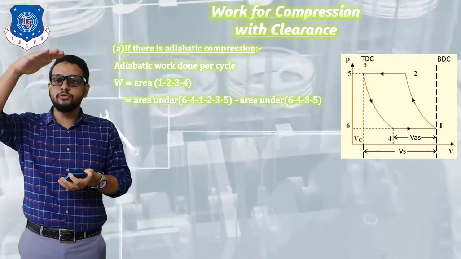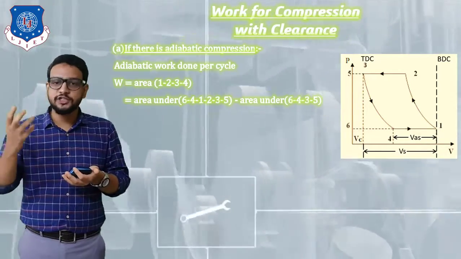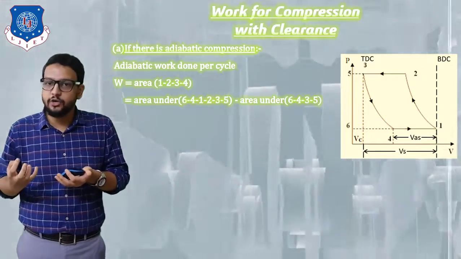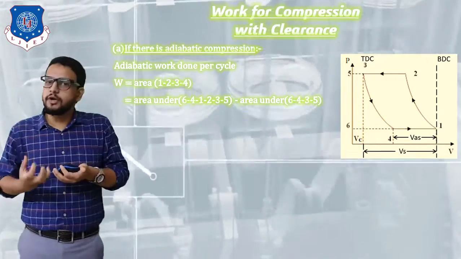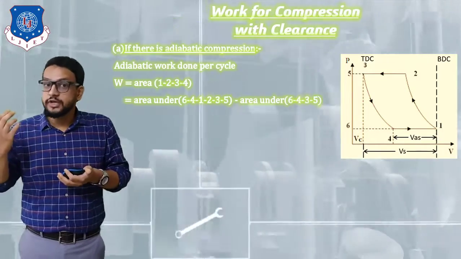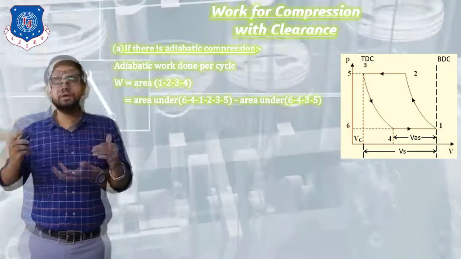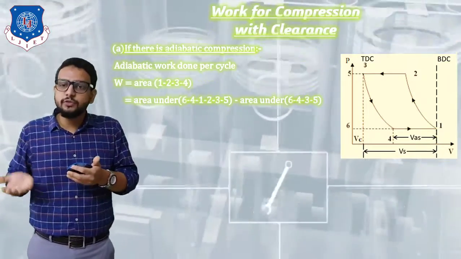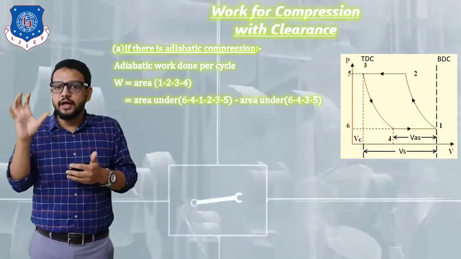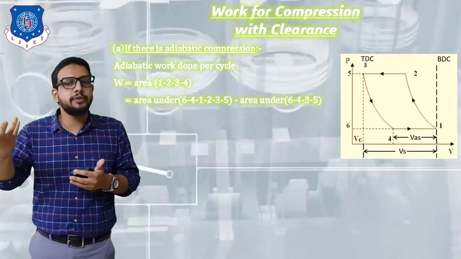Now the piston is going to move from TDC to BDC. At that time the suction stroke will be performed due to pressure difference. Air is going to enter the cylinder, and the cylinder will be completely filled when it reaches its BDC position. In our next stroke, that is the delivery stroke, the piston moves from BDC towards TDC. Now when the piston moves from BDC to TDC, the air is compressed, and its pressure is going to increase along with its temperature.